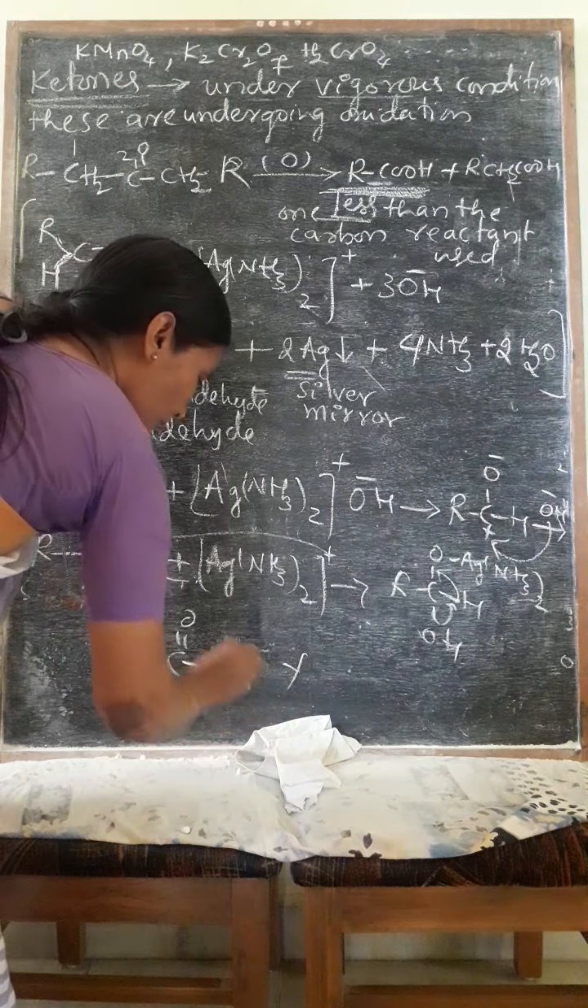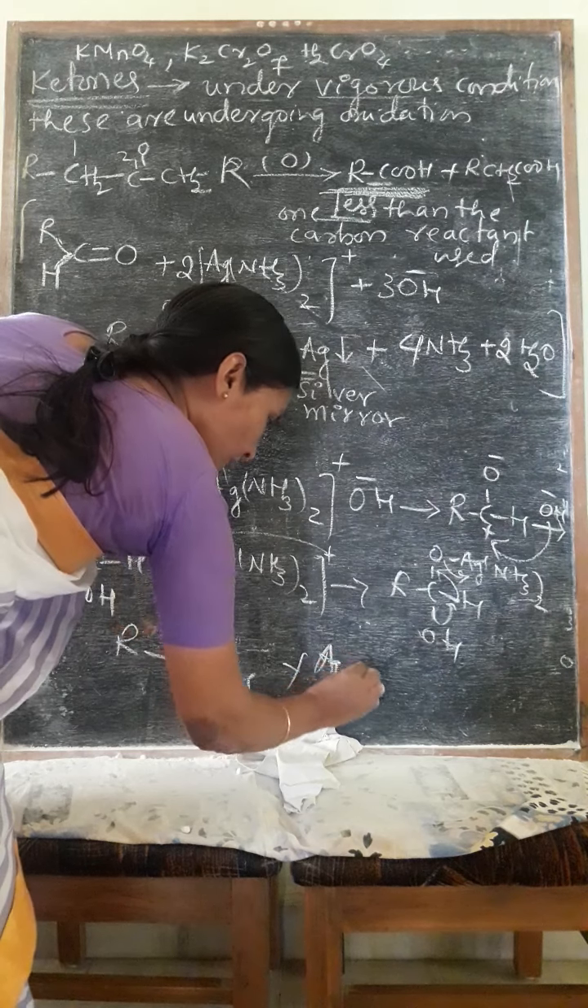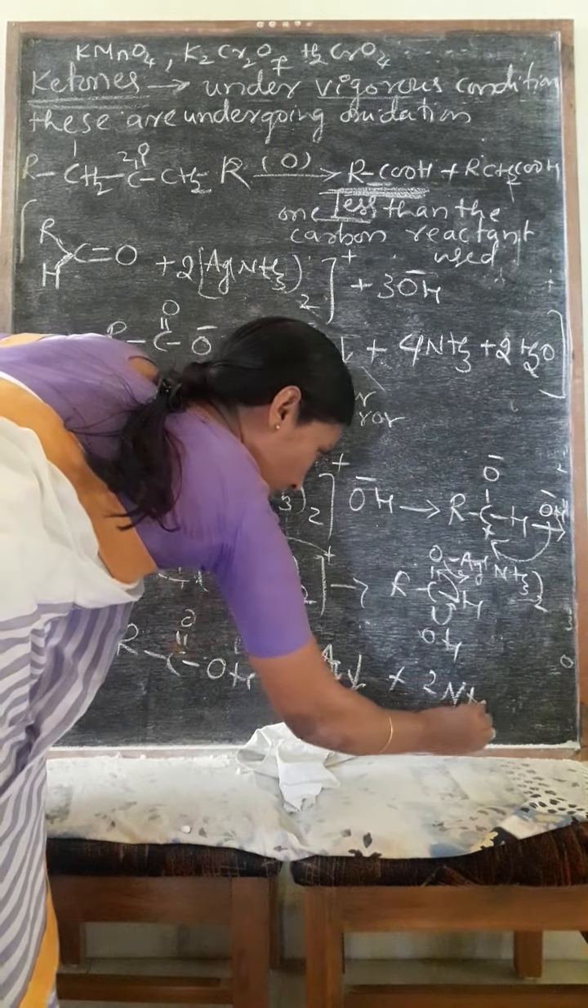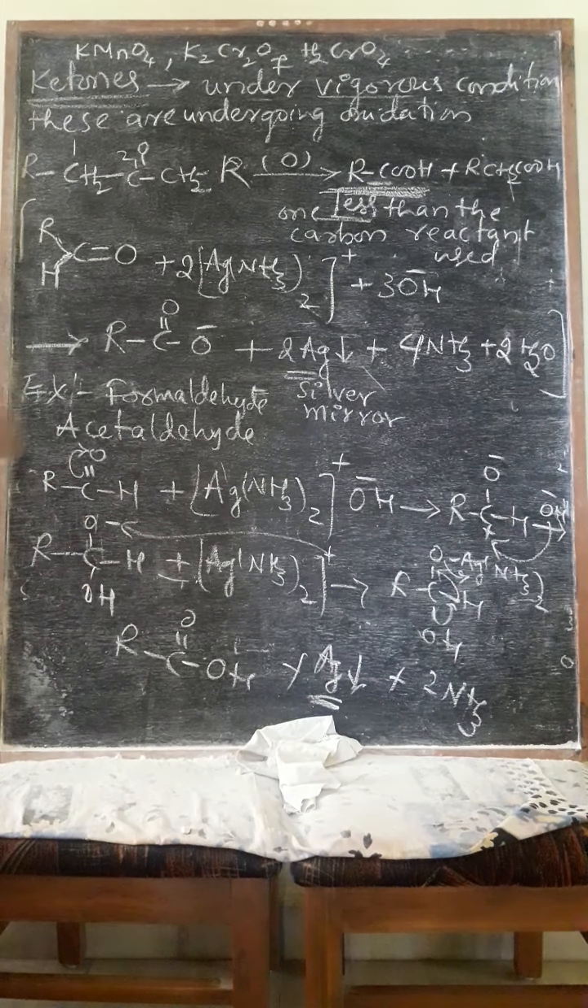And remaining is, this bond is broken. Ag plus 2 NH3. Yes, that is enough. Okay. Similar way,